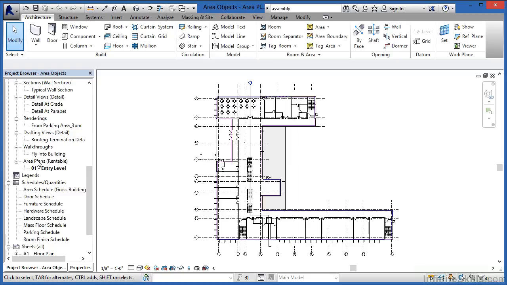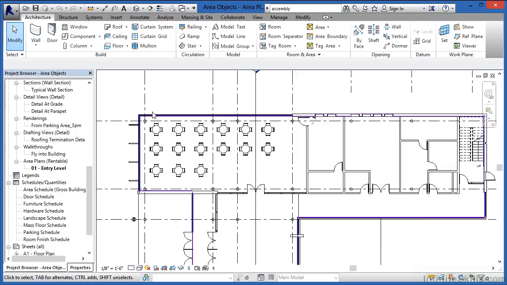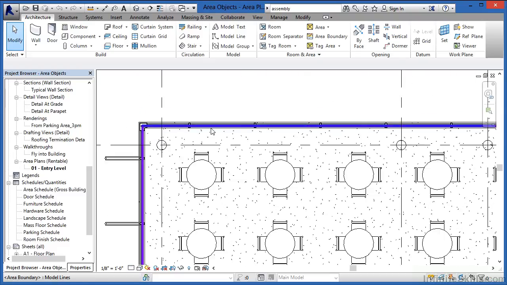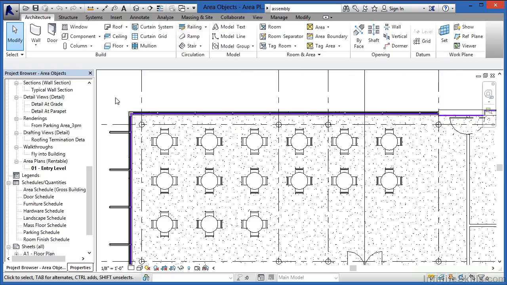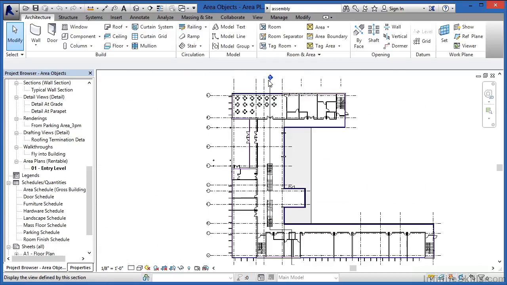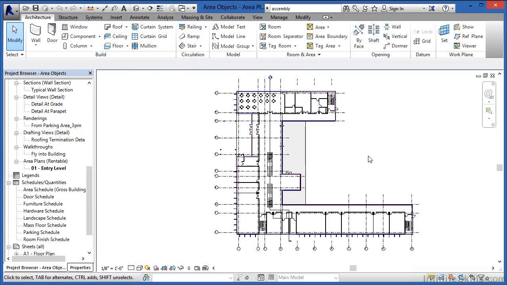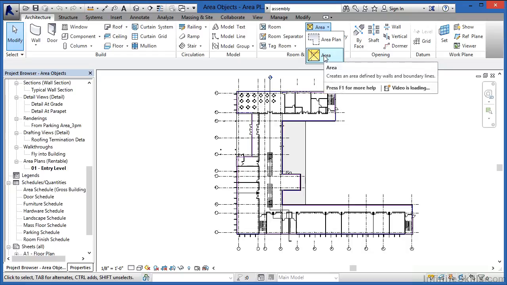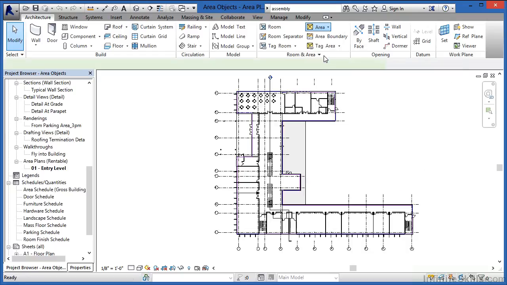And what this means is that in the Area Plan Rentable, these purple lines are on the inside face of our walls. So we can get accurate square footage for the total rentable area that makes up our building. Now, if we want to have the total rentable area for this entire first floor, all we need to do is come underneath the Architecture tab and select on the word Area, and then select on it one more time to activate the actual area command.